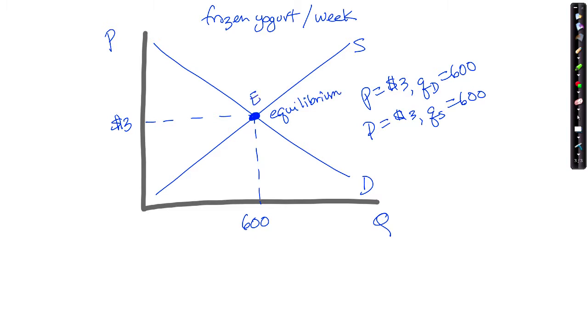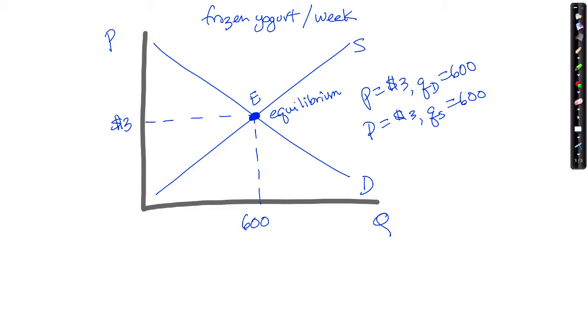Some people label that E for equilibrium. I tend not to label the equilibrium point because, as you'll see in a few minutes, we're going to move it around. So there's our equilibrium, and what we're saying here is if the price of 6-ounce cups of chocolate-flavored frozen yogurt is $3, then the buyers will want to buy collectively 600 cups of frozen yogurt per week. The sellers will want to produce and sell 600 cups of frozen yogurt per week, and we'll be in equilibrium